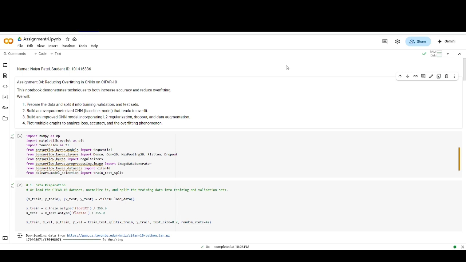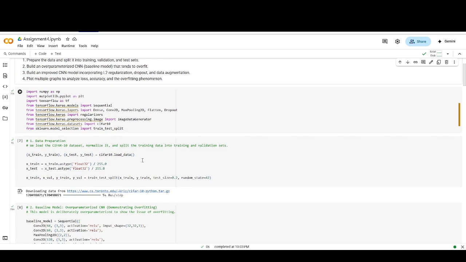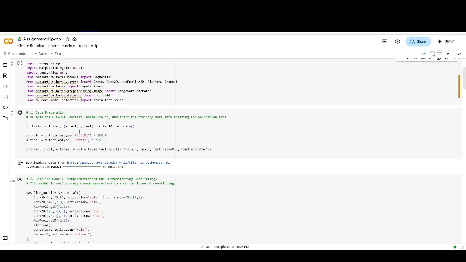1014163336 and hereby I am presenting you my assignment 4 for COMP3132 Machine Learning. So this assignment is about reducing overfitting in CNN using CIFAR-10 dataset. So I will walk you through the code I used and explain how each part helps improve our model's performance and generalization. So in the first step, I imported the necessary libraries and then I loaded the CIFAR-10 dataset,